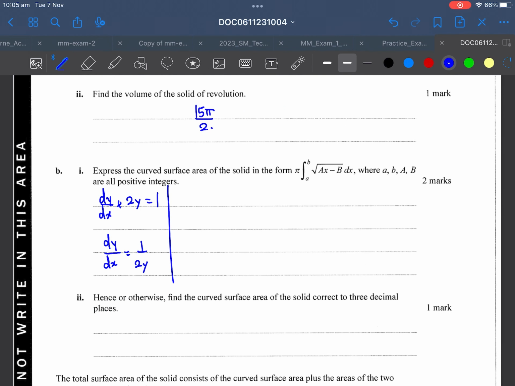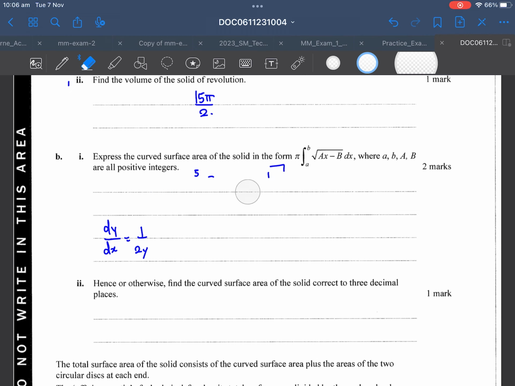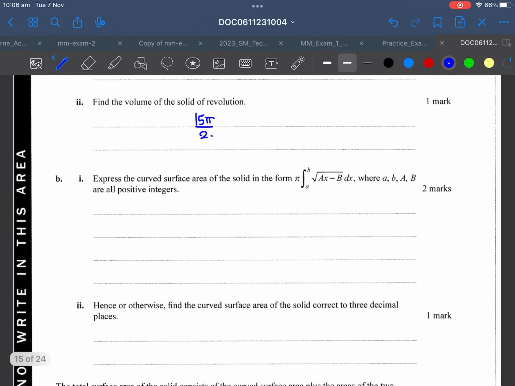Now applying the formula, we will get the integral from 2 to 5 of 2πy times the square root of 1 plus (1 on 2y) squared, dx. Okay, interesting. Actually, I cannot use this way because it would not make mathematical sense. The notation would be wrong because I'm writing in terms of y, but I'm writing dx. So maybe I have to make